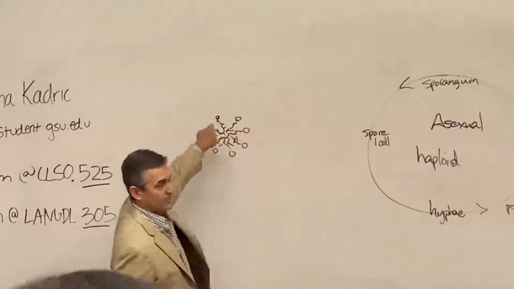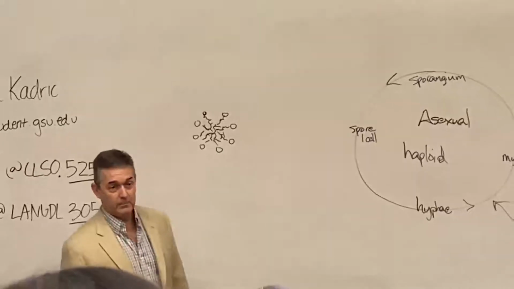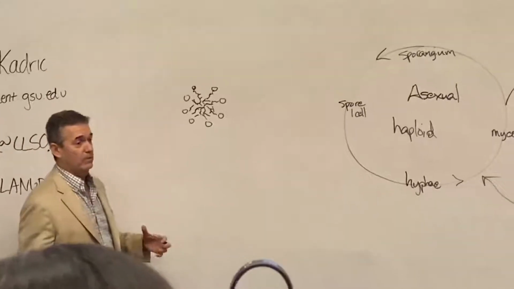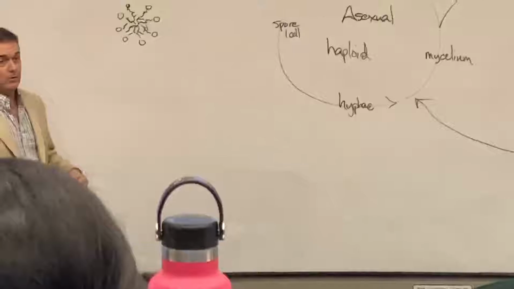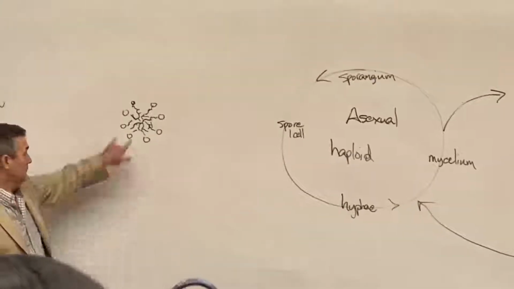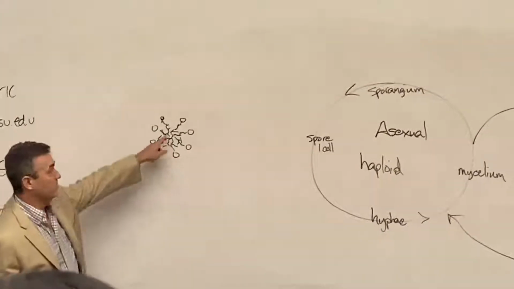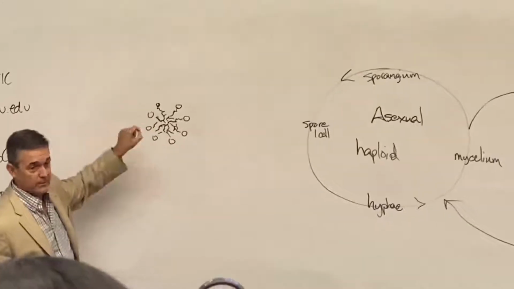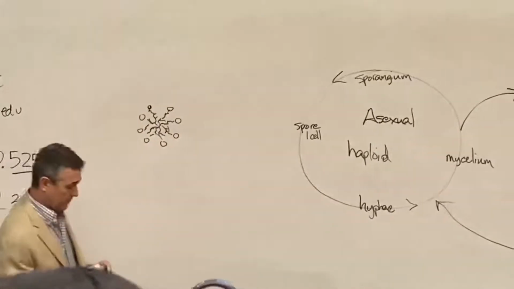But no, this is where the fruiting bodies are going to pop up, because that's how the hyphae have grown out. So it's not unusual for these fruiting bodies to appear in a circular pattern because of the way the hyphae have grown from a central spore that landed somewhere and was germinated and spread over a period of time.